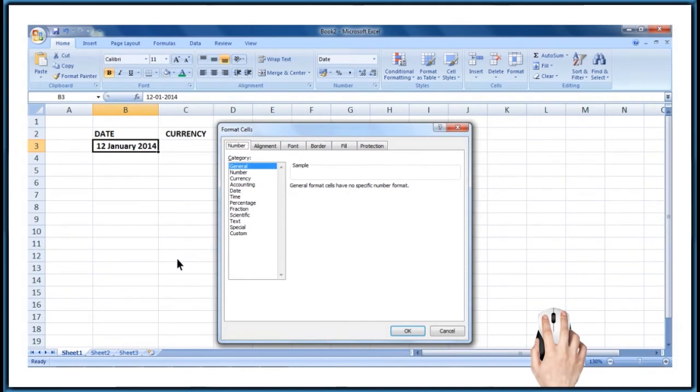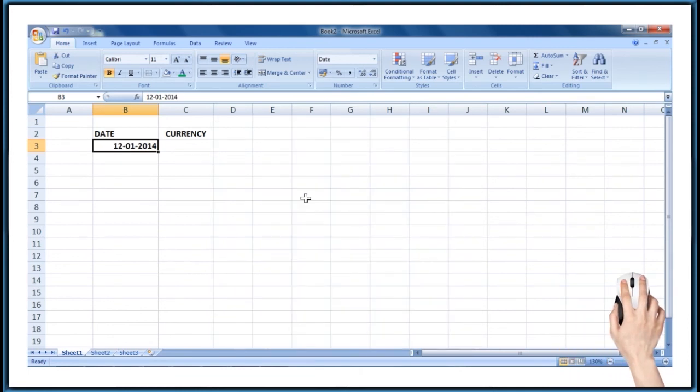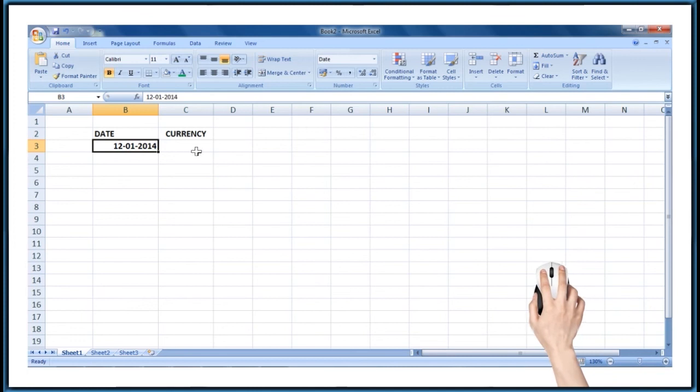Then the Format Cells dialog box appeared. This formatted cell always ready to display the date only. Whatever the number typed in the cell is converted into selected date in format. You can apply the same procedure for the currency also. Type a number in the cell.